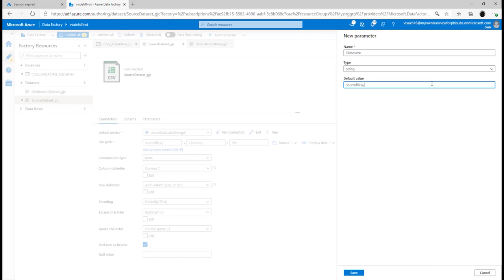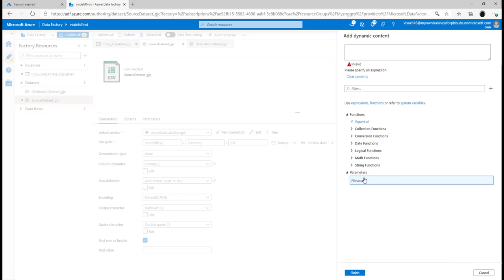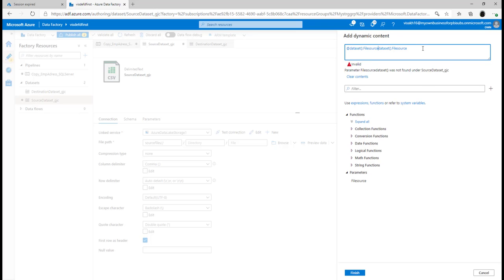Source files is the root folder. There is no directory inside that and there is no specific file to which you are pointing here. So you will give source files //, click on save. Then it will be giving back to your previous screen where you will be seeing the new parameter that you have created. Now select the parameter and automatically your expression will become